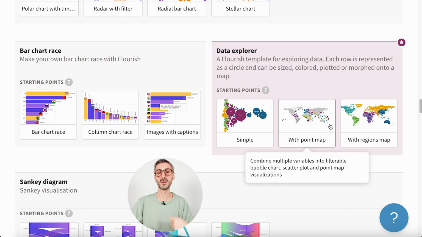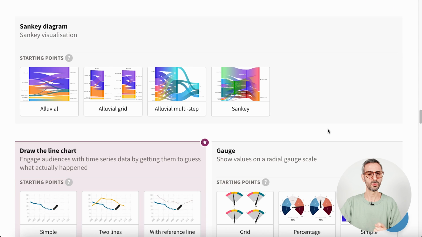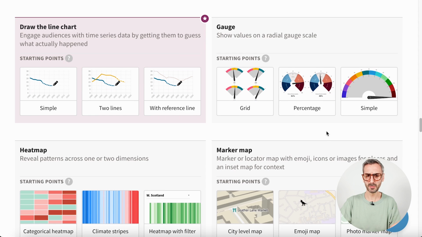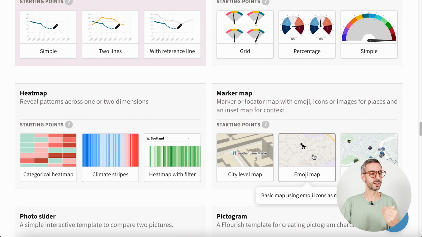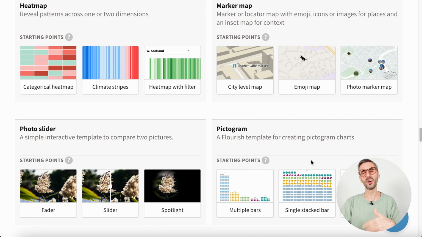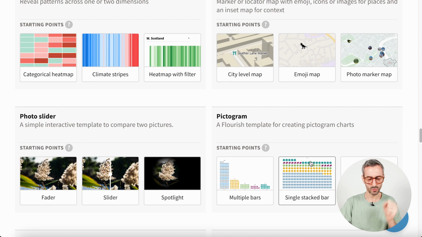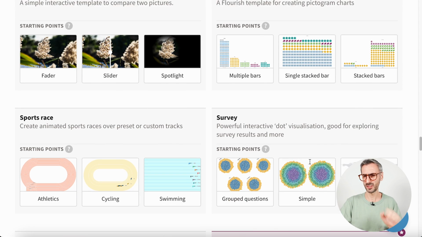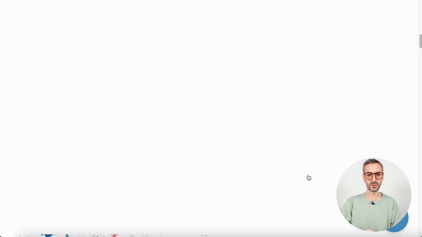So you'll have to have a Pro Flourish account to access these templates. But Flourish has been very generous about what you can get for free. So I wouldn't recommend you upgrade to the Pro version unless you are a scientist and you really go deep into data, because you can do a lot with the free version. So let's go back to the